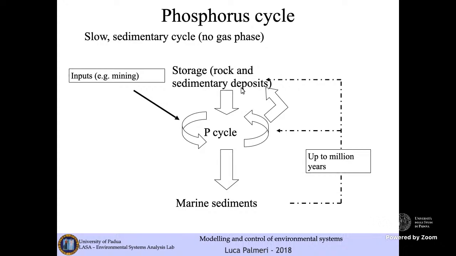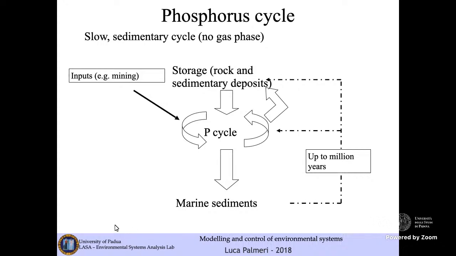Instead, the phosphorus cycle is a sedimentary cycle, where the reservoir is found essentially, as I was telling you, in marine sediments. This is why phosphorus is seldom limiting in saltwater ecosystems, because marine sediments are the storage or the sink